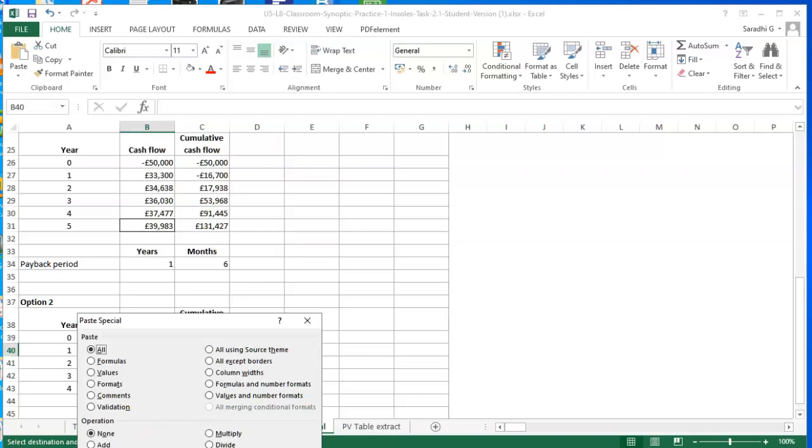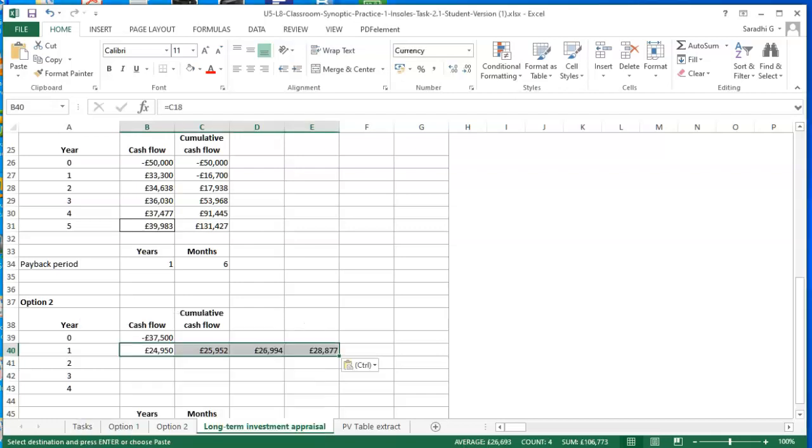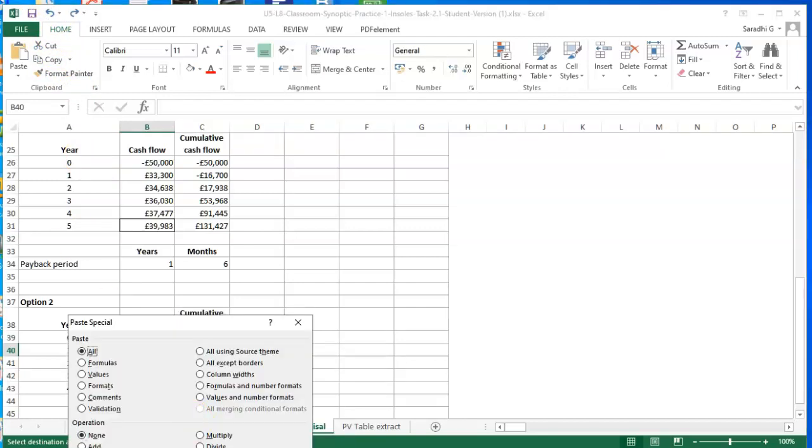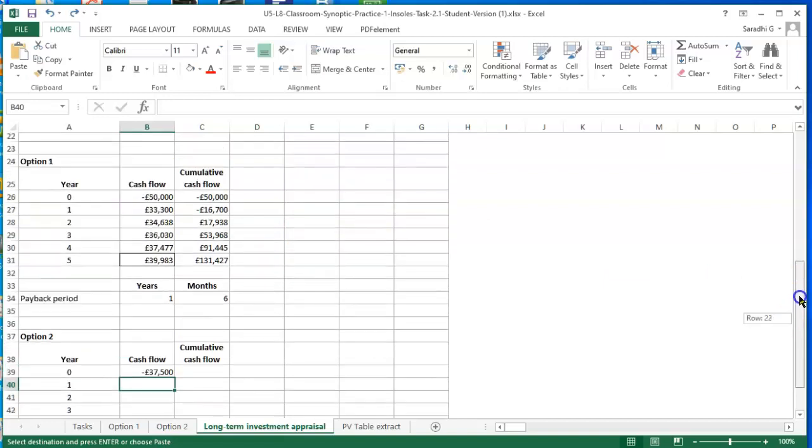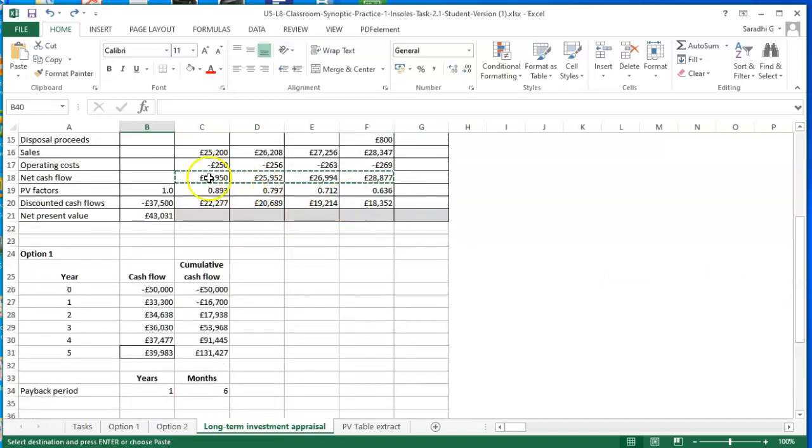I want to paste transpose paste link. No, that is not working. Transpose, and then paste link option is not coming, so I don't have any other option rather than doing it one by one. Okay, so first one is 24,950, so Control C,